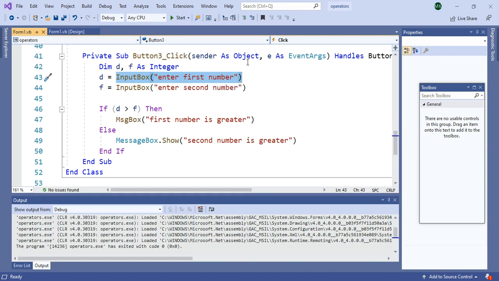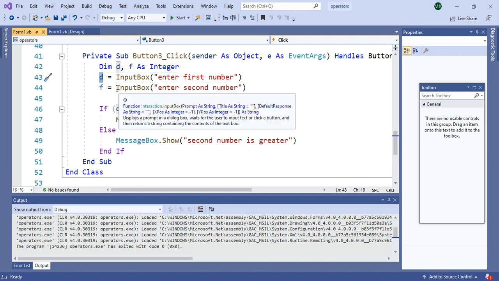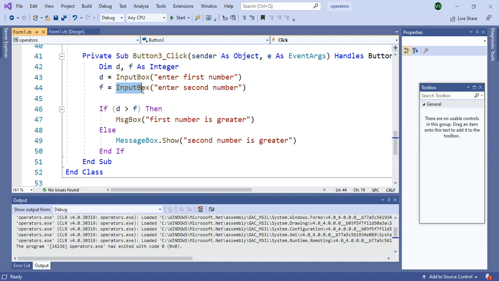When you enter the first number, this number will be saved in variable D. Next, second input box for the second number. InputBox in brackets, in double inverted commas, enter second number. When you enter the second number, that value will be saved in the F variable. So we have stored two numbers, first in D and second in F.